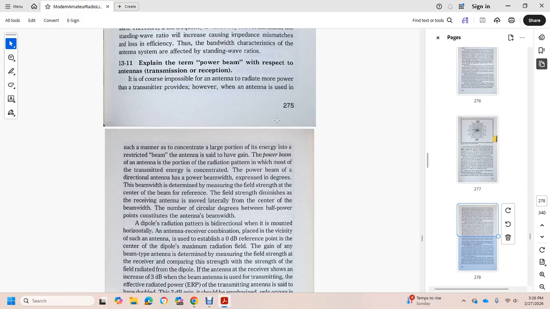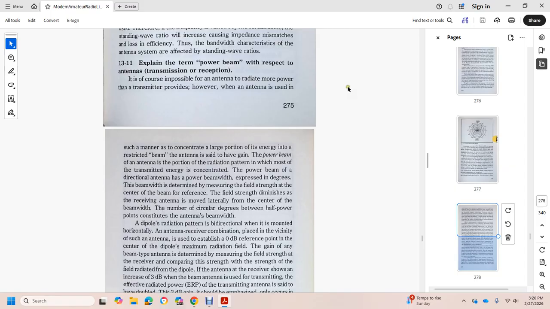A portion of the radiation pattern in which most of the transmitted energy is concentrated in the power beam in the direction of the antenna. The power beam width is relevant to the degree of the beam, determined by measuring the field strength at the center of the beam, with reference to the field strength diminished at the receiver of the antenna as you move laterally from the center of the beam, and the number of degrees between the half power points of the antenna band with the dipole radiation